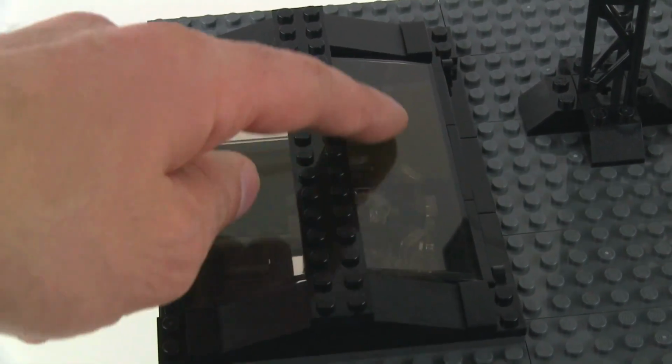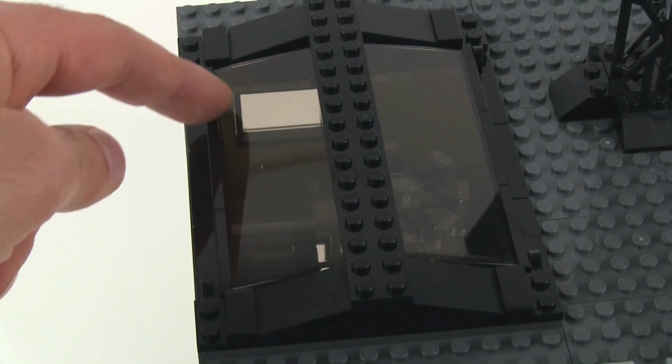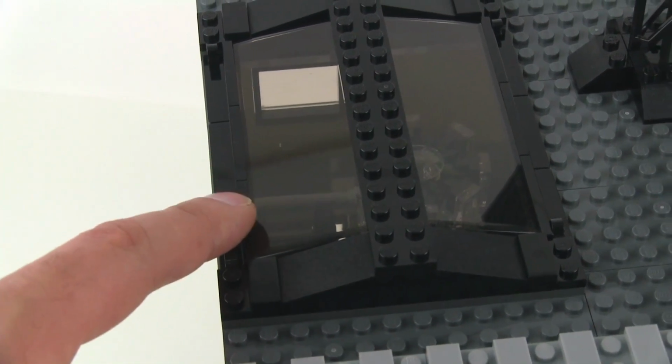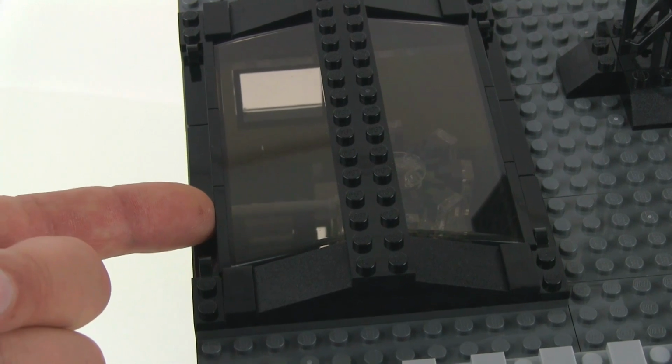Skylights is what they're working as, and these are actually gigantic flat windscreen pieces. Definitely check out the building instructions for this. It's very interesting how they actually place them in. They're actually slid in